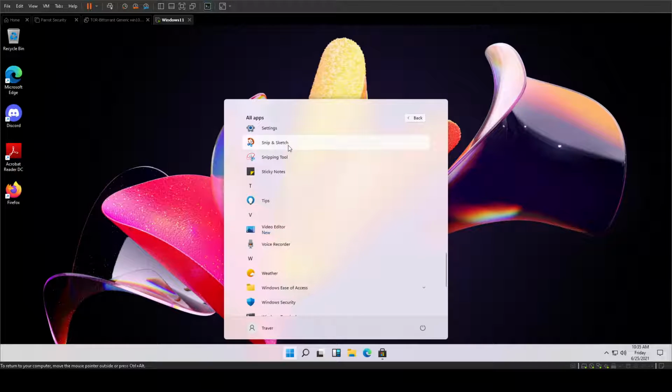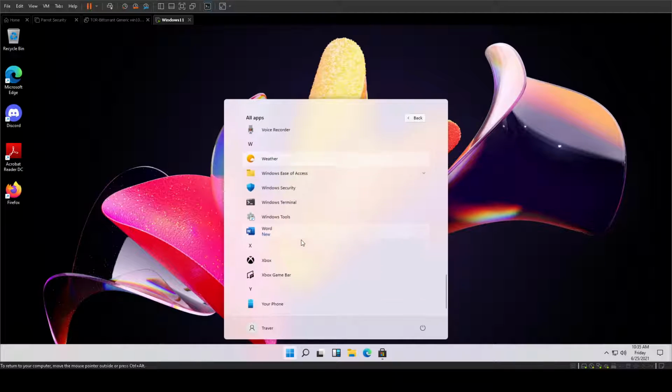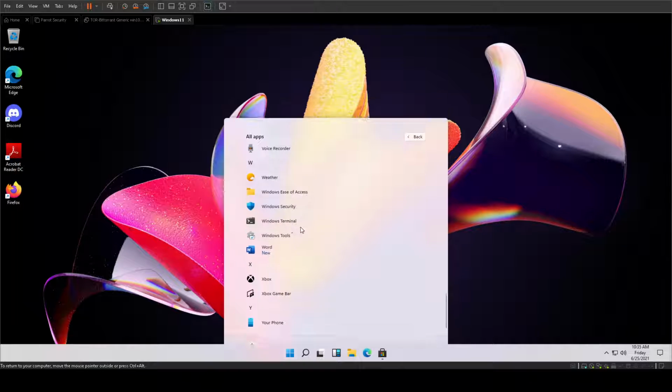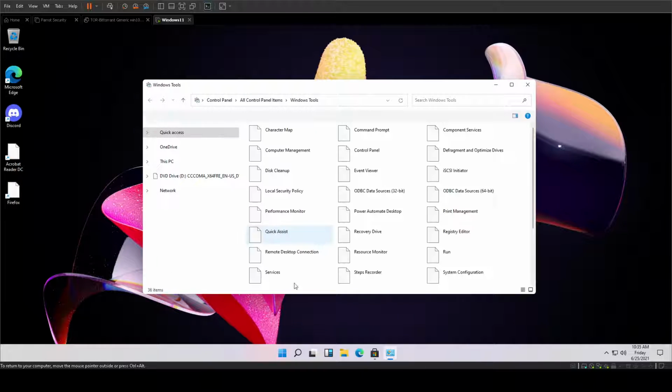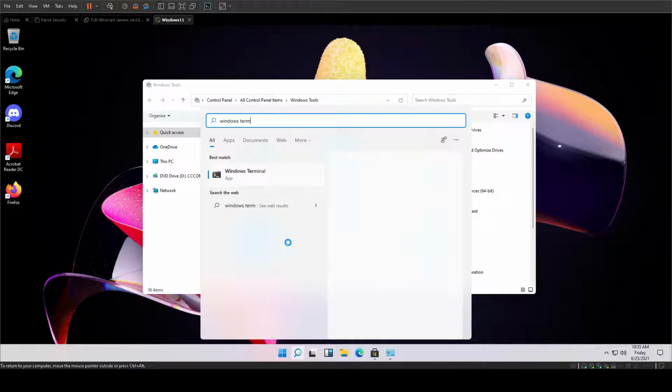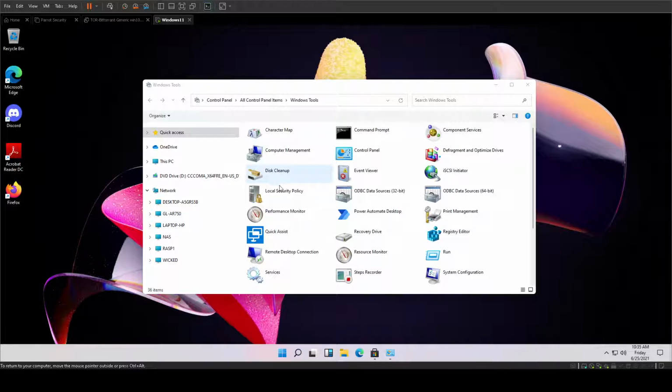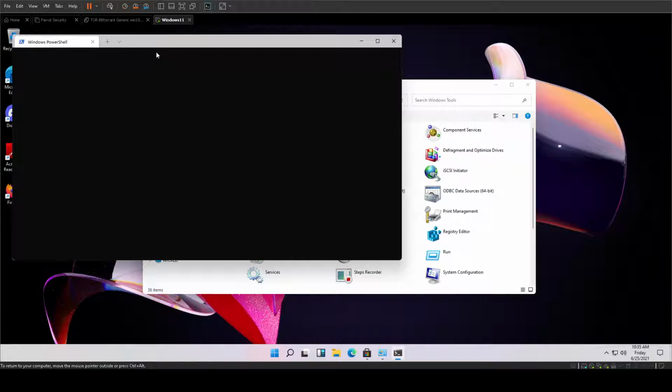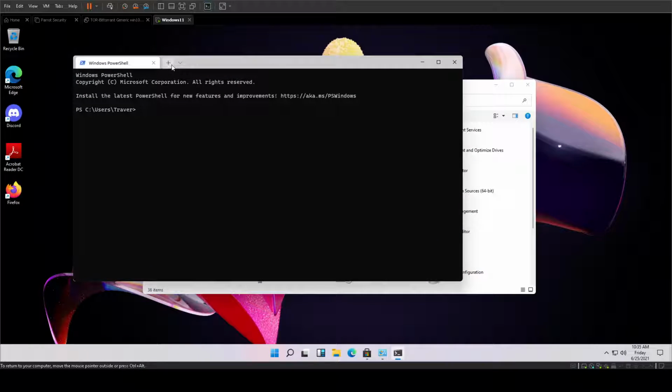Now the snip and sketch tool that we normally use has now been renamed to the snipping tool. One thing I did notice. Windows Terminal is here by default instead of PowerShell. I don't know how many of y'all have actually played around with Windows Terminal. It's a pretty neat item that you can download off the Windows App Store, but you